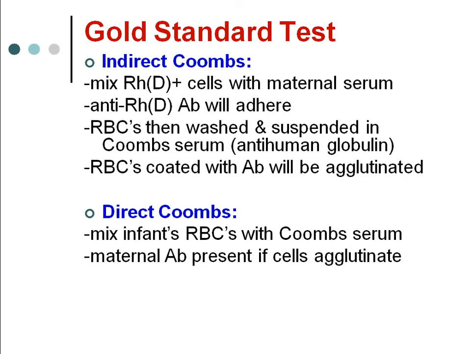In the Coombs serum, agglutination will take place if those antibodies and antigen are present, and in various dilutions you can find out the titer at which this agglutination is taking place. So the next important gold standard test is the indirect Coombs test. Direct Coombs test is done after delivery. So once you have found out that the Coombs test is positive, what is the titer? The next